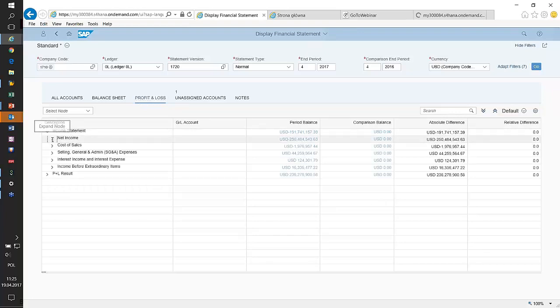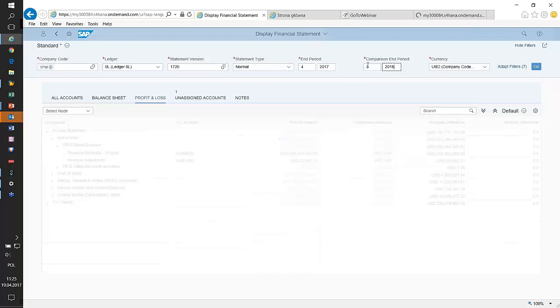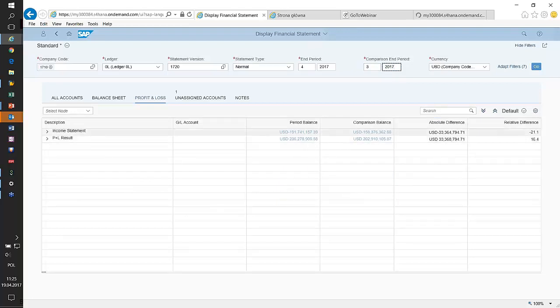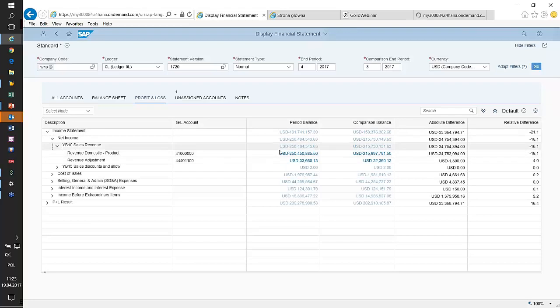And of course I can drill down to single accounts. I can have a comparison here. So I'm reporting for current period. I could compare it, for example, let's say to last period, so it would be a bit more interesting. I can observe the differences, and of course I can drill down